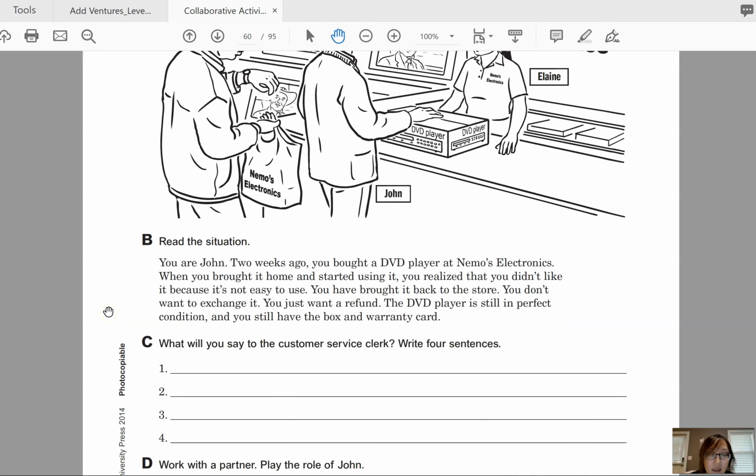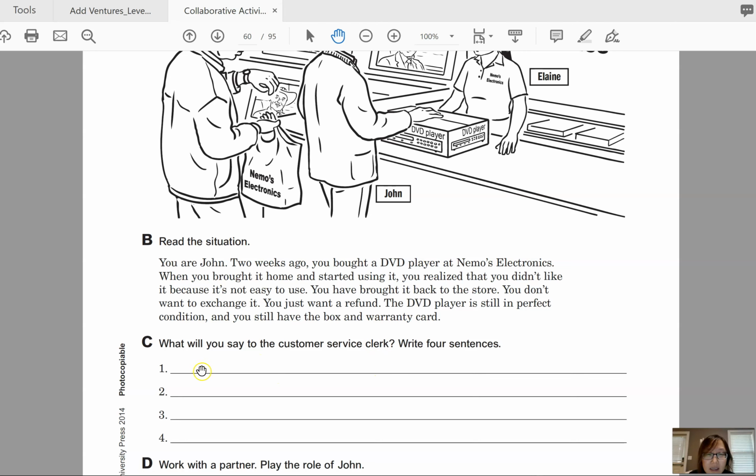Okay, now if you look here in exercise C, it says, what will you say to the customer service clerk? Okay, and I mentioned this in the first lesson, but clerk is fine, it's completely fine, but we really don't hear that word very often anymore. It's more likely that you'll hear customer service associate or agent, or sometimes you might even just hear the man at the customer service desk. So the word clerk is not as used these days. So anyway,